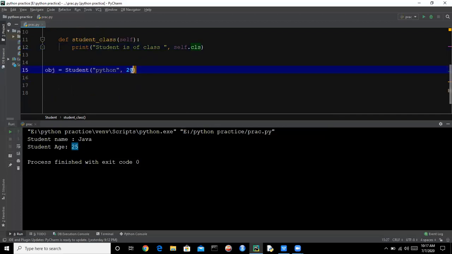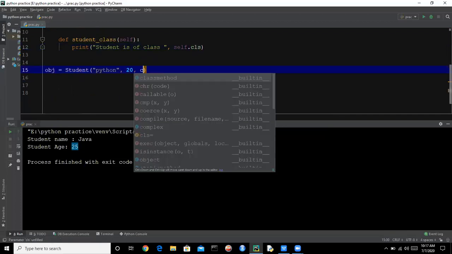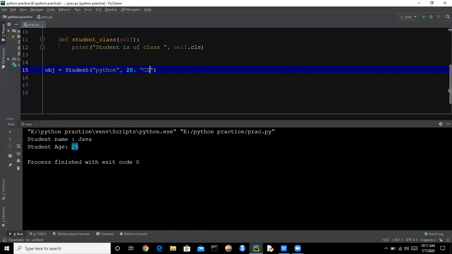So whenever we create an object, we need to pass now three arguments. Let's create two objects. Obj1 is equal to student math 40, and this is math.